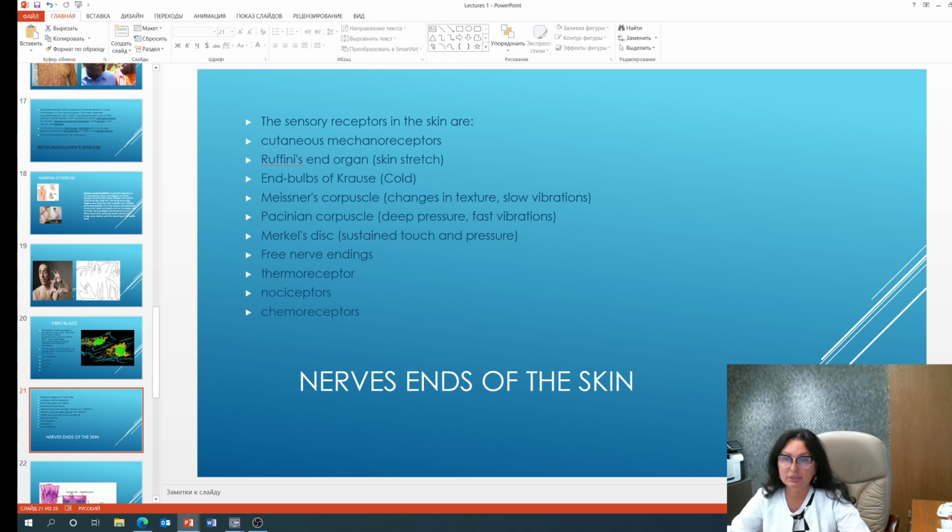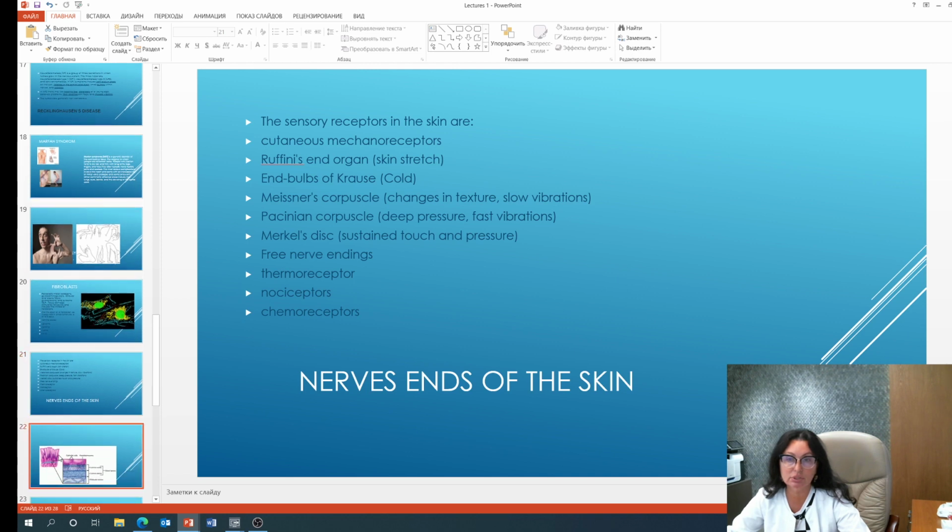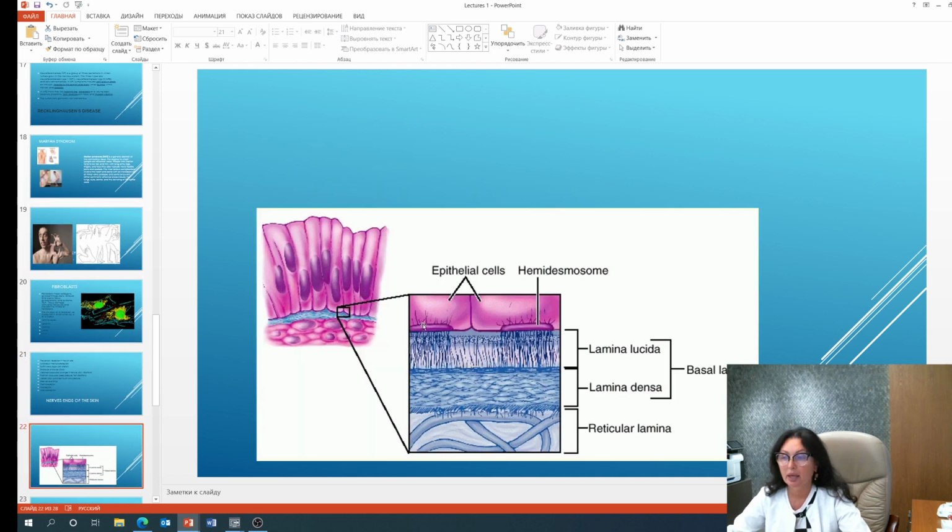Pacini corpuscles detect deep pressure and fast vibration. Merkel's discs detect sustained touch and pressure. Free nerve endings serve as thermoreceptors, nociceptors, and chemoreceptors. There are a lot of receptors in the skin because skin covers and separates our body from the